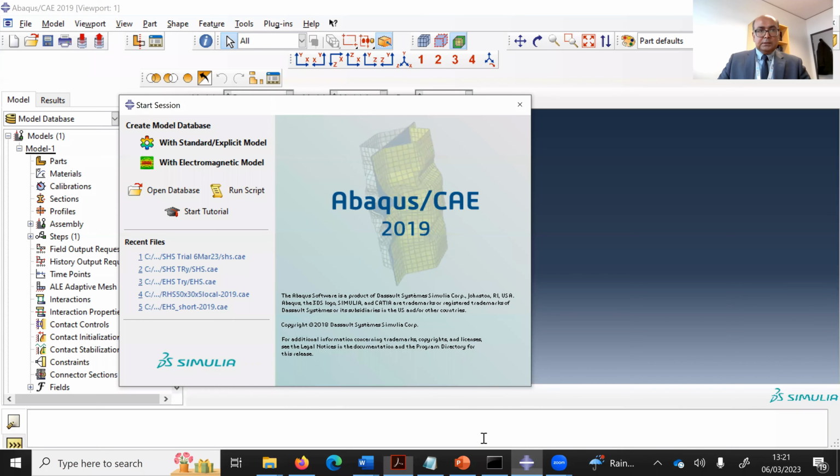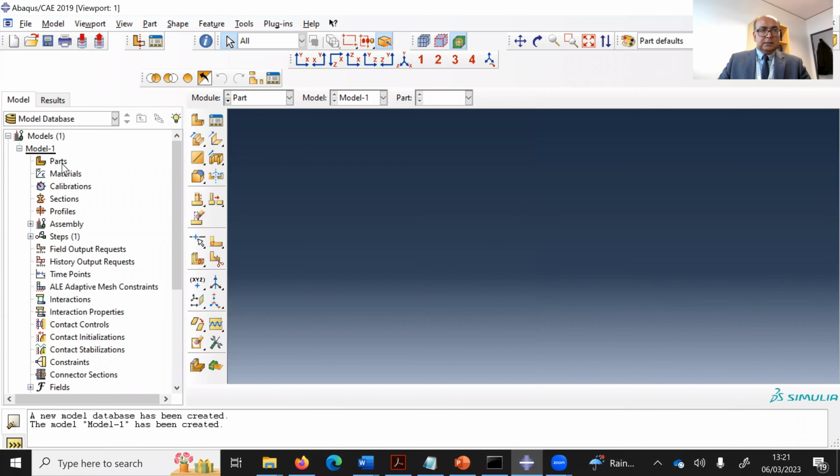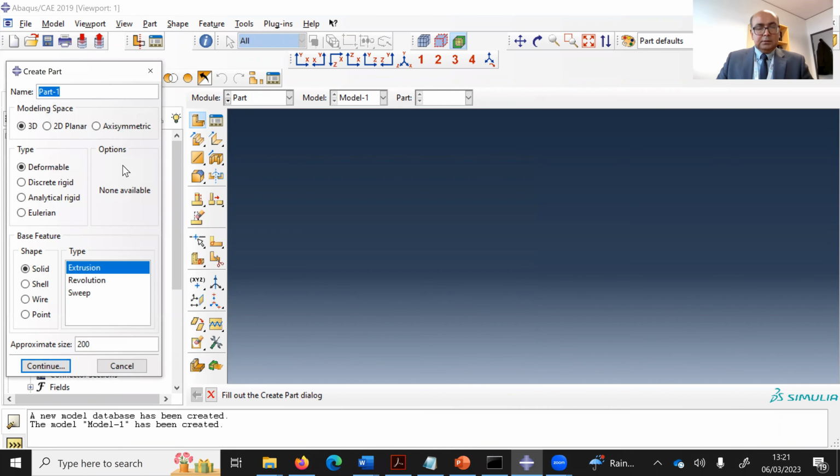So let us start with ABAQUS. ABAQUS is standard. The first thing, I want to create the model. So I will create two models. One is a linear model and the other is a non-linear model. In the linear model, I will carry out the buckling analysis and find out the mode shapes. And after that, I will carry out nonlinear analysis, and it will give me a load deflection curve and comparable results